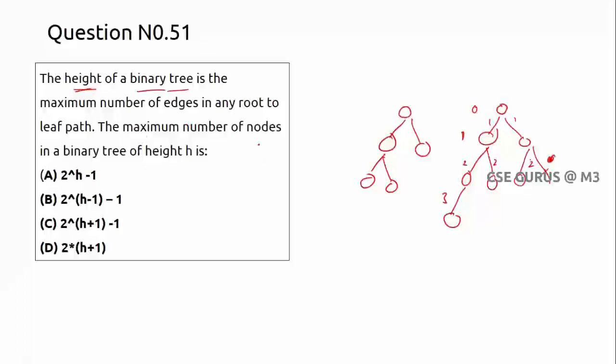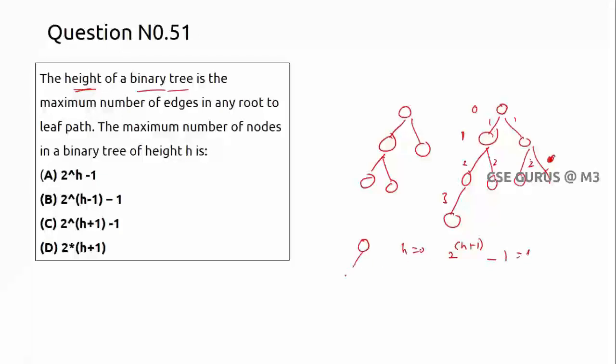Now the question is: the maximum number of nodes you have in a binary tree of height h is? How many nodes will you find? For example, if it is only one node, the height h is 0. So the number of nodes is 1. How can you get it? Of course, according to the formula, we need to check clearly. It is 2 power h plus 1 minus 1. Why? Because we are starting from 0. Height is 0, so 2 power 0 plus 1 is 2, minus 1 is 1.